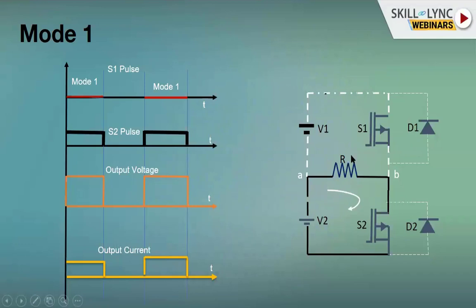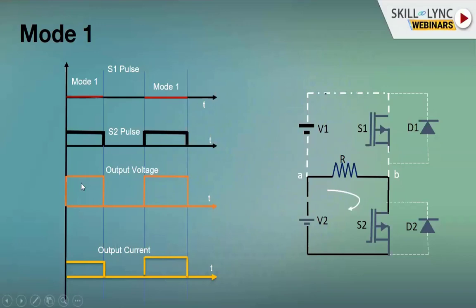As you all know, when there is a voltage, the current can be derived from it, which is nothing but V divided by R. We all know that according to Ohm's law, V is equal to IR, where I is the current through the circuit and R is the resistance. So if we need current, I is V divided by R, voltage divided by resistance. So the same pattern of the waveform is followed, but with a reduced amplitude.